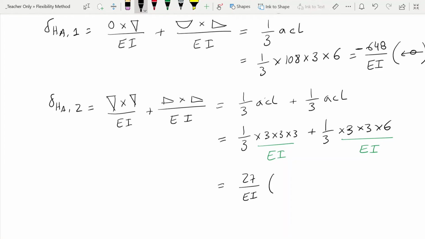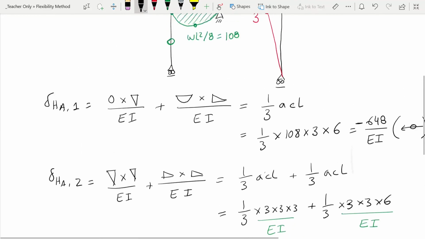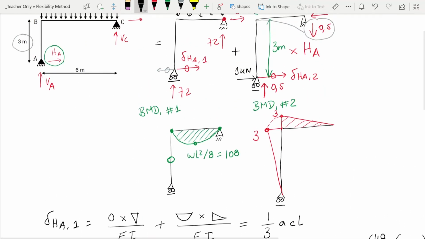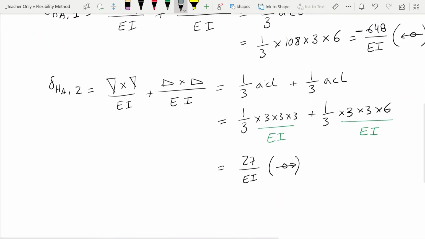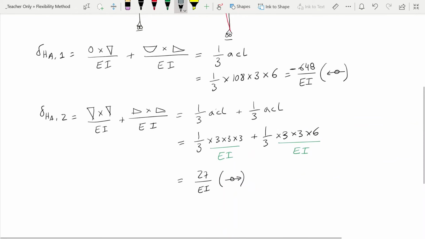And in this case, since it's positive, this is nothing more than moving it to the right. This is always positive because if we're assuming the load to go to the right, and here we're going to look at this unit load here, the displacement also has to be to the right. So in all of these cases, the displacement will be positive. Okay, so now we figured out that our structure 1 wants to move to the left 648 EI,